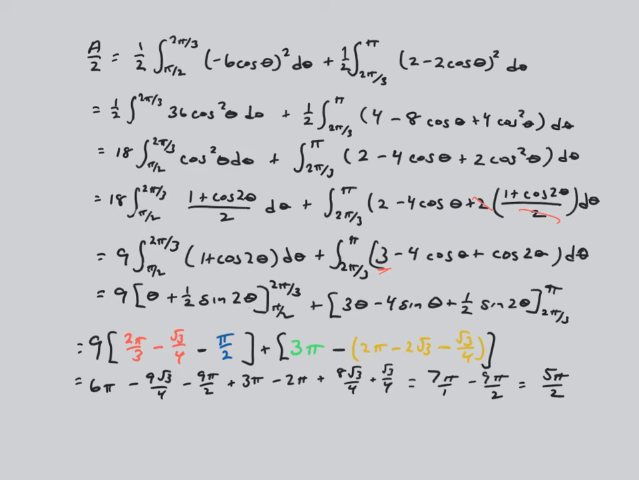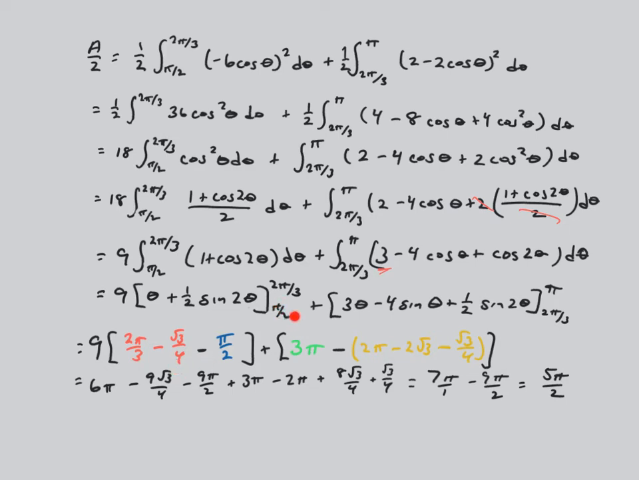When I integrate that, the integral of 1 d theta is going to be theta. The integral of cosine 2 theta is going to be 1/2 sine 2 theta. And so I'm going to plug in 2 pi over 3 and pi over 2 in there. The integral over here is going to be 3 theta minus 4 sine theta plus 1/2 sine 2 theta, again from 2 pi over 3 to pi. When I plug 2 pi over 3 into this, I'll get 2 pi over 3 minus the square root of 3 over 4,